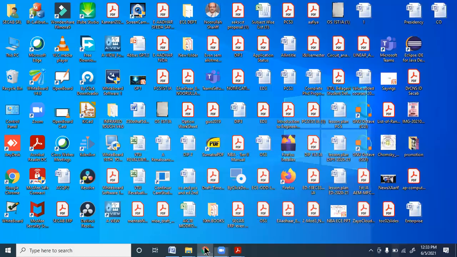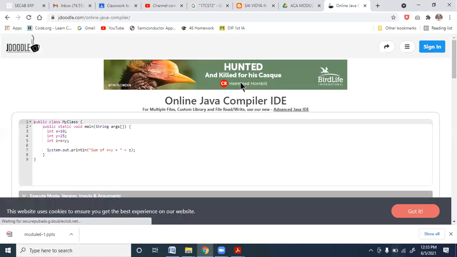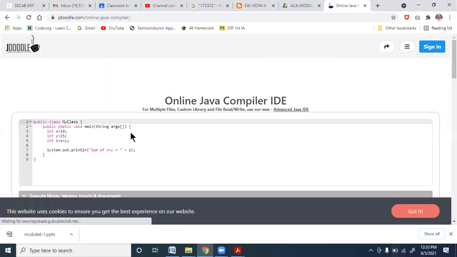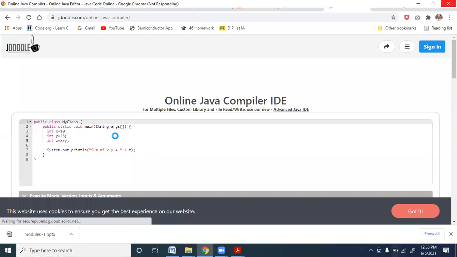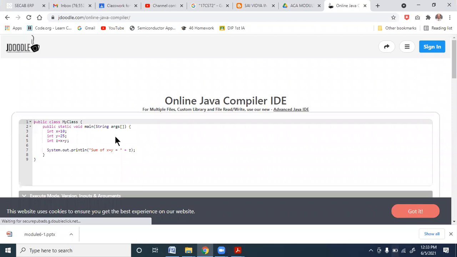Each time I face this problem because it becomes slow. So I think I should clear my laptop. Okay, I'm here. So still it is working. The browser is